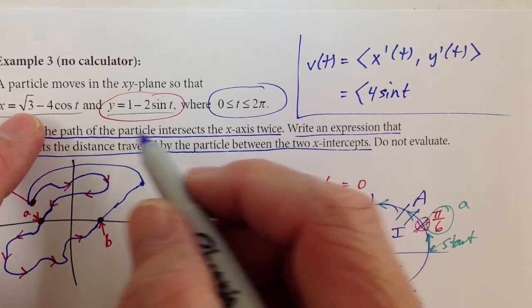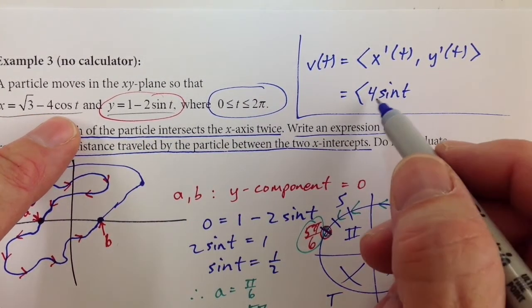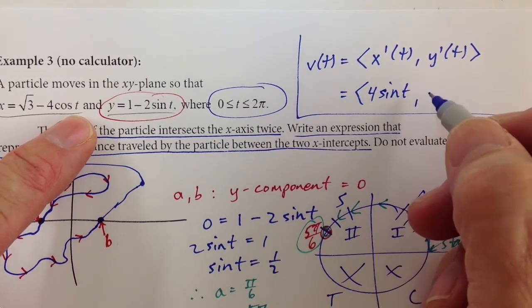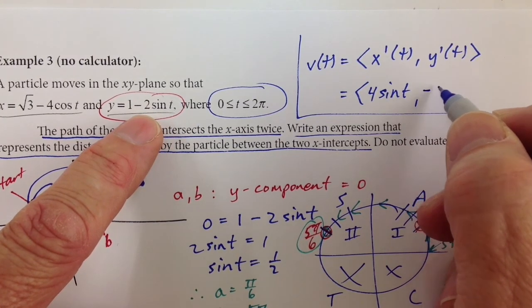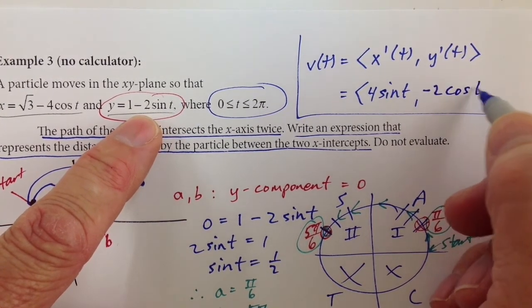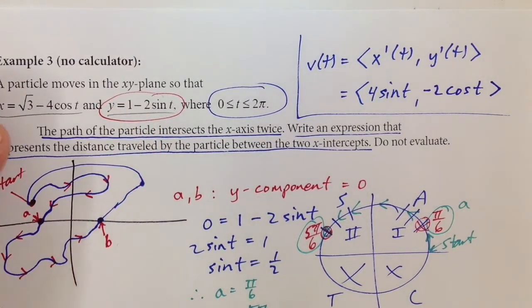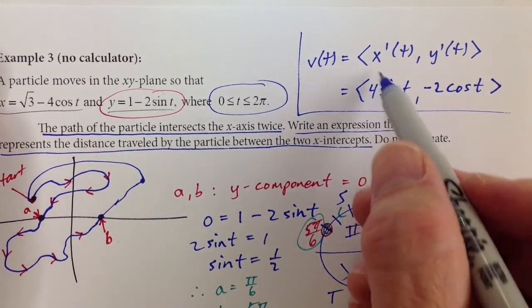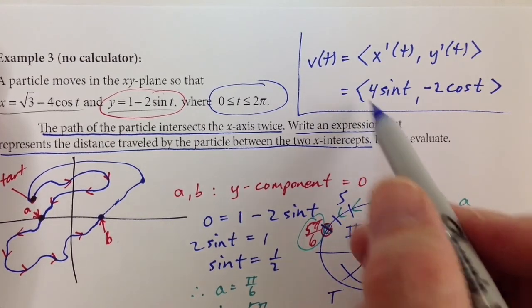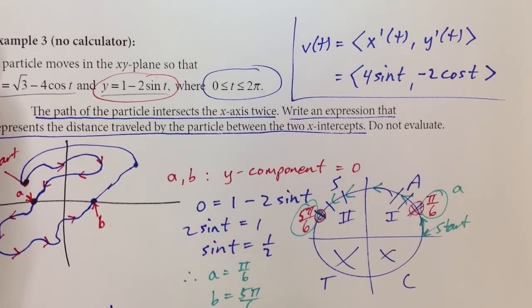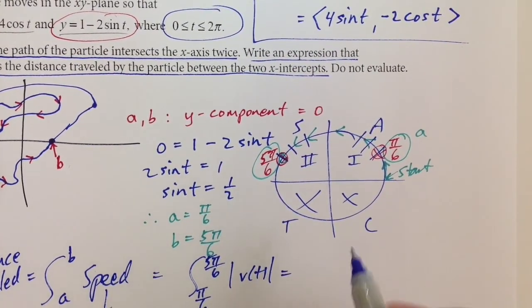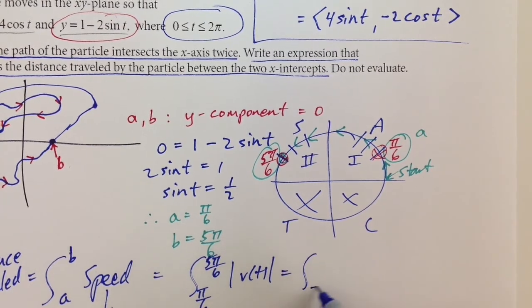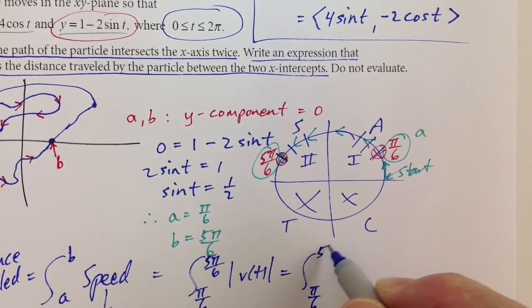The derivative of radical 3 minus 4 cosine t is 4 sine t, and the derivative of 1 minus 2 sine t would be negative 2 cosine t. Be really careful. There's a lot of places to make mistakes. So that's the velocity vector, and the magnitude of the velocity vector then, keeping our integral, is the square root of